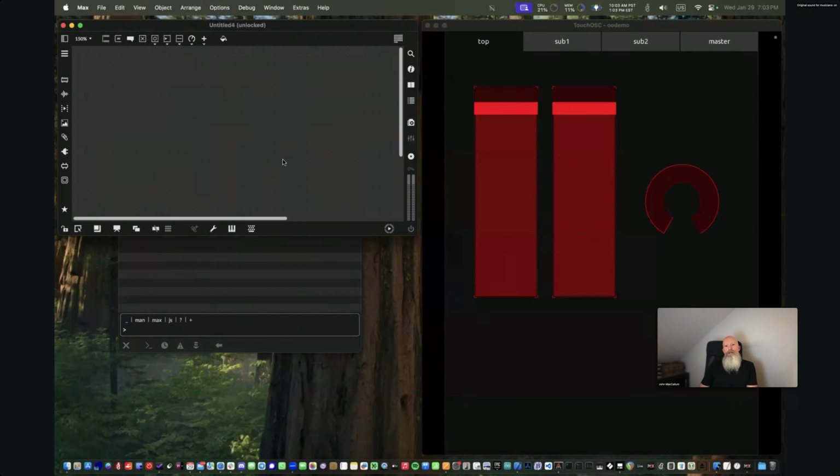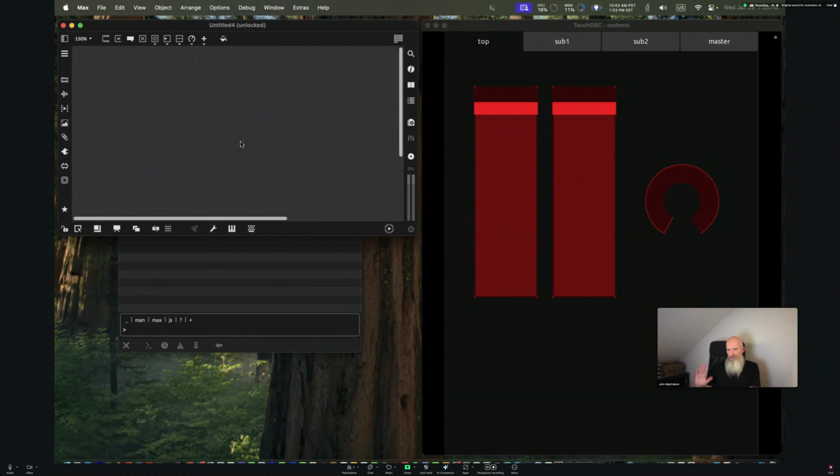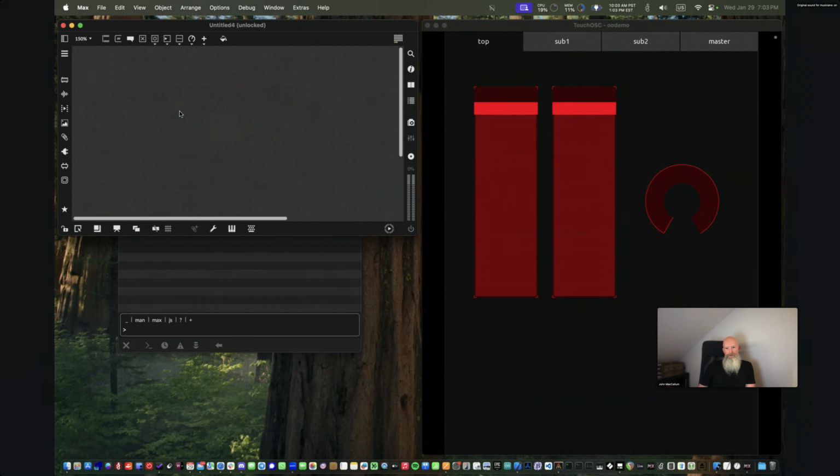It is specifically OSC for the control of parameters in Max. So it doesn't control everything in Max. It doesn't control every object, but it's really targeted at objects that have parameters. I know that some people maybe aren't familiar with parameters, so just bear with me while I take a couple of minutes to go through what those are